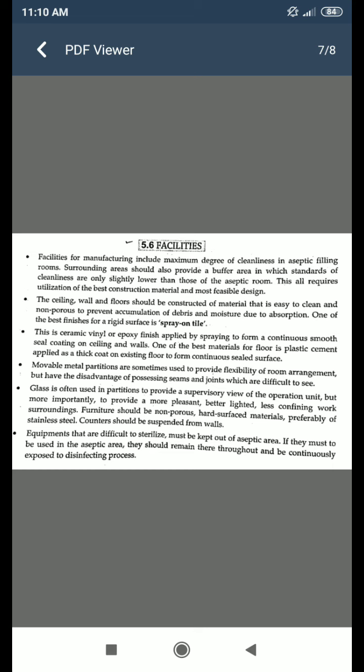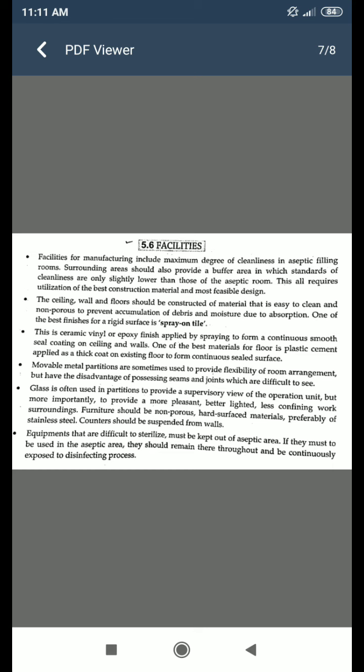applied as a thick coat on the existing floor to form a continuous sealed surface. This is the ceramic, vinyl or epoxy finish applied by spraying to form a continuous smooth seal coating on ceiling and wall. One of the best materials for floor is a plastic cement applied as a thick coat on the existing floor to